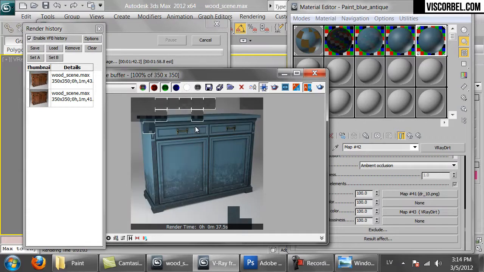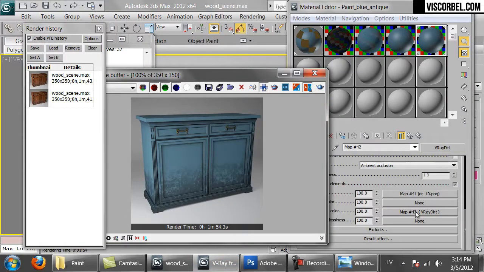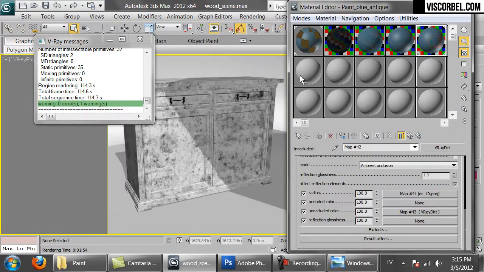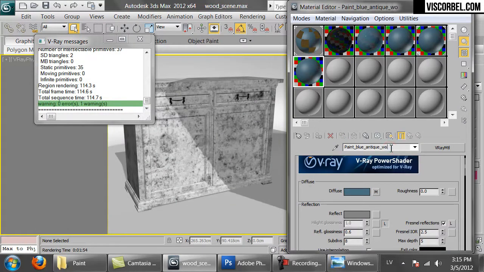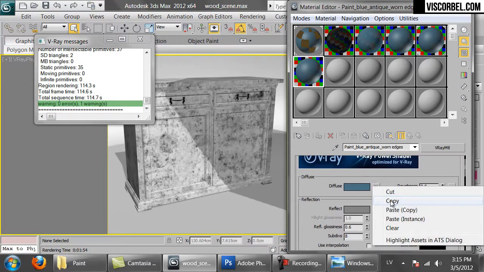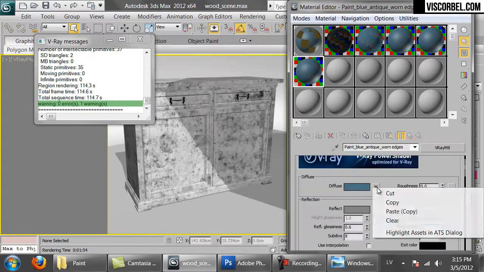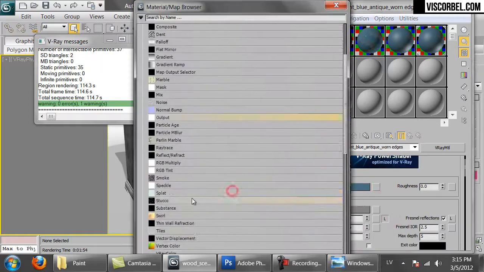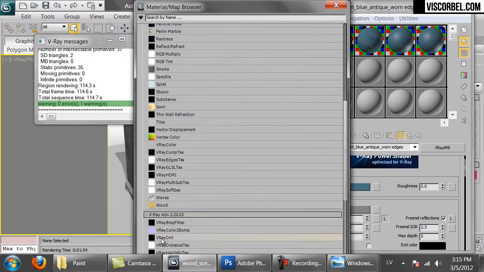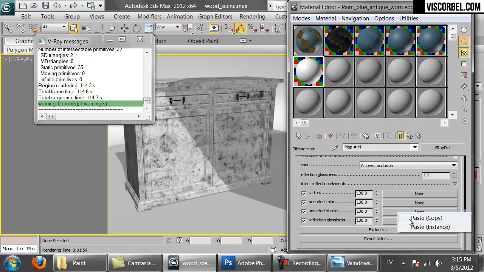So that's a nice example of old dirty paint. You can simulate the worn edges just like we did with the wood material, just by adding another layer of V-Ray dirt. So copy this diffuse map, clear it and create another V-Ray dirt map here. Paste in the unoccluded color slot,